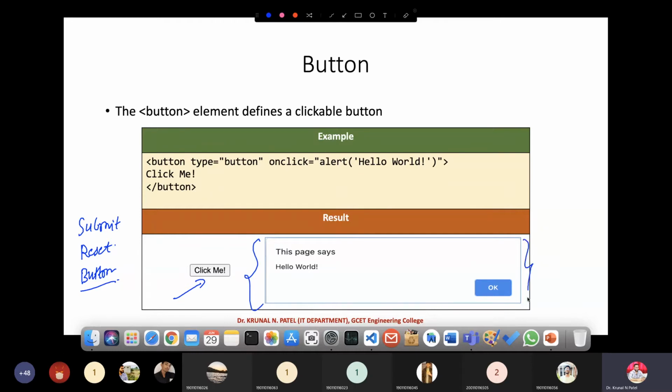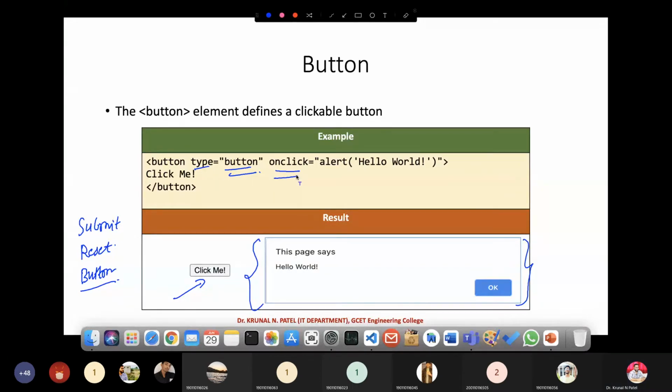This is my alert box, right? So what I need to write, first of all, I need to provide input type is equal to button, right? And after that, you just need to go for onclick.